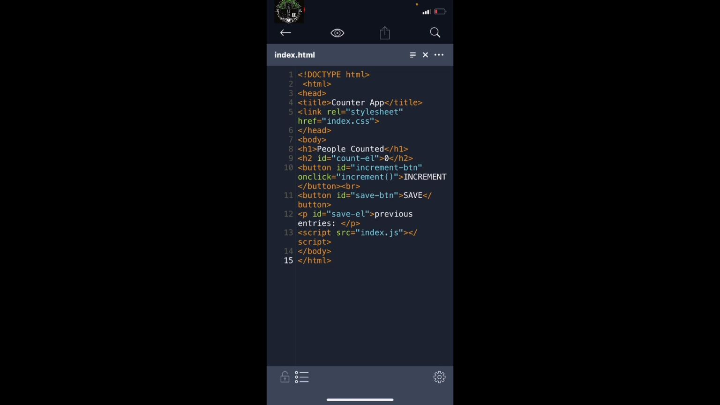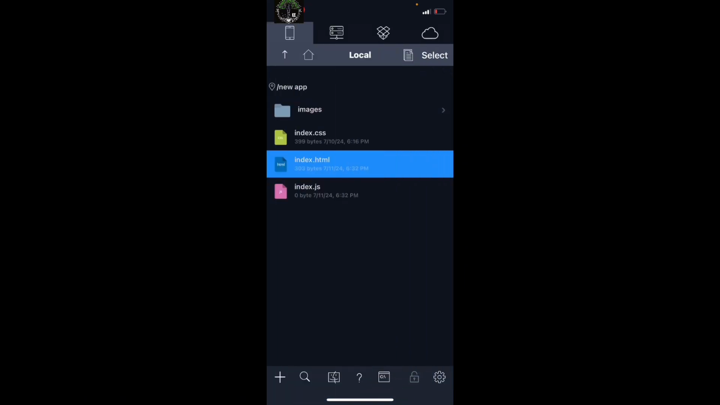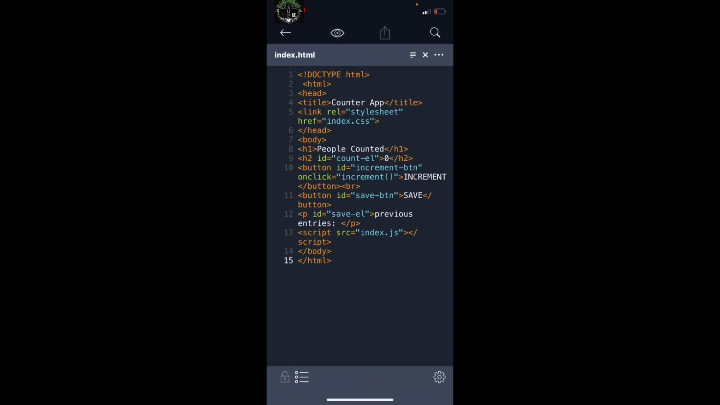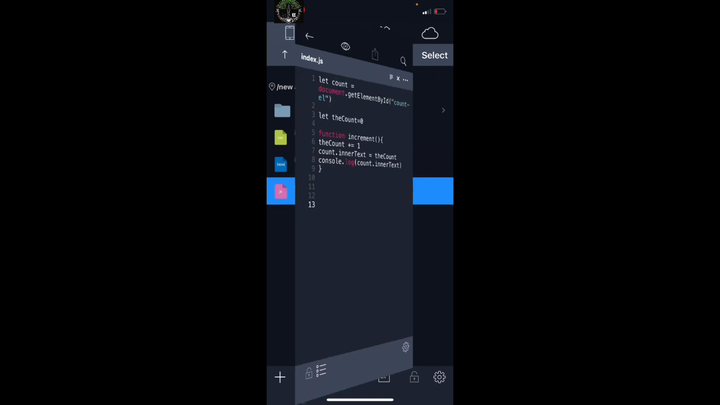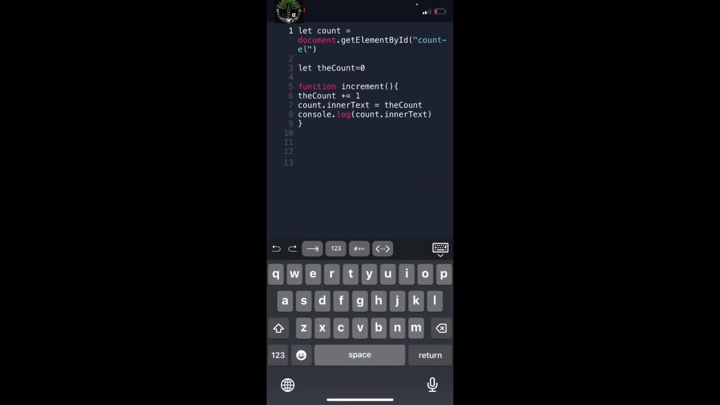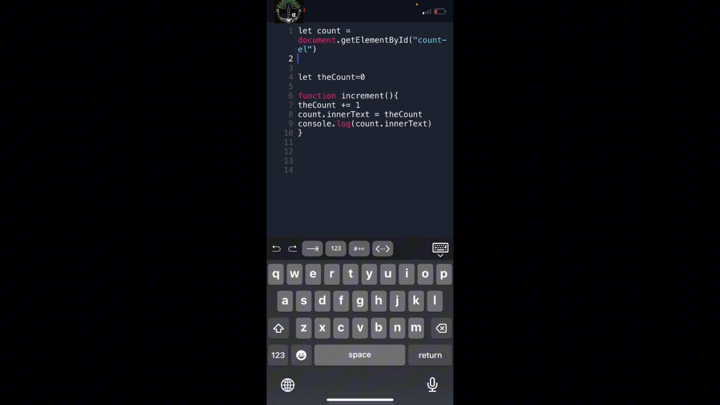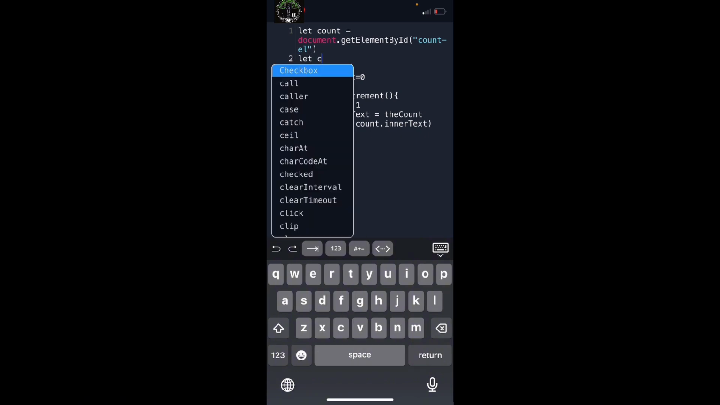Button. We don't even need it yet. We don't need it yet. Yes, we need it actually, because that is where we are going to be saving it. Okay, now let's go. Let's see. What did we do the other time? We said let's count